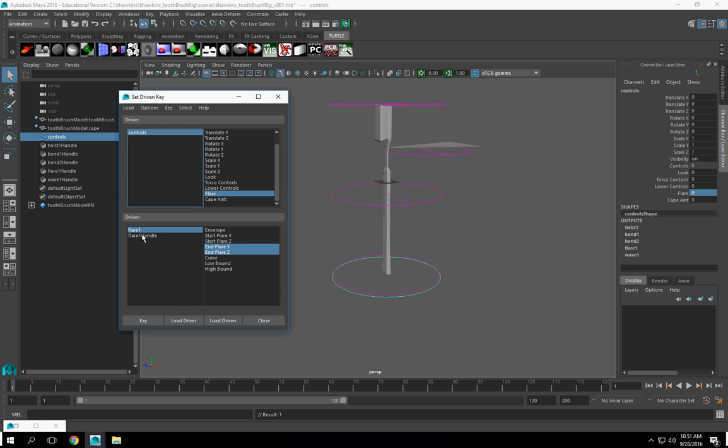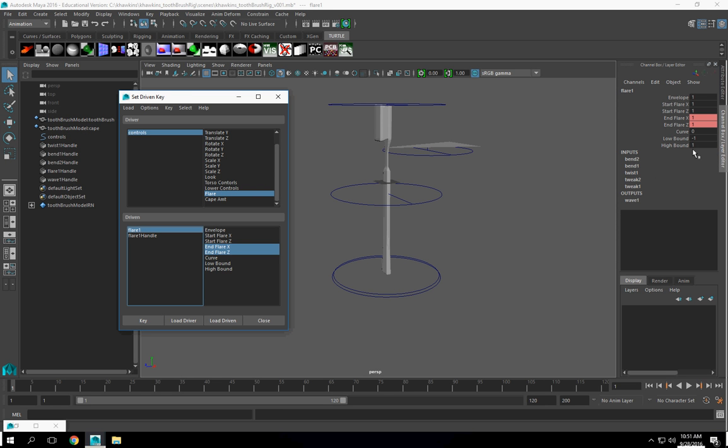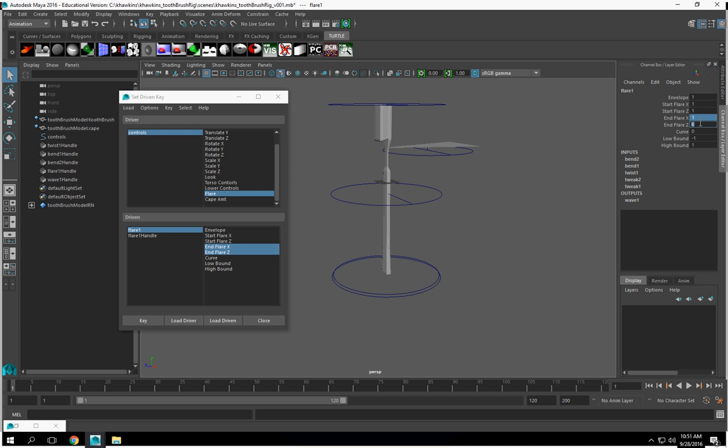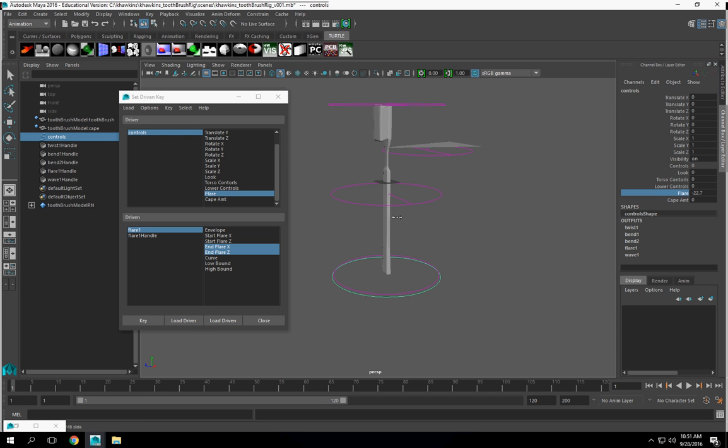Key it. And then we're going to go to our flare amount, set that to 10. Click on flare, low bound. Let's say we set this to 3. And we key it. And we have a control for this. Now, what this is doing is creating a set driven key, which actually creates keyframes, and it dictates movement, what values on your control make that keyframe move up and down the timeline. So we're going to